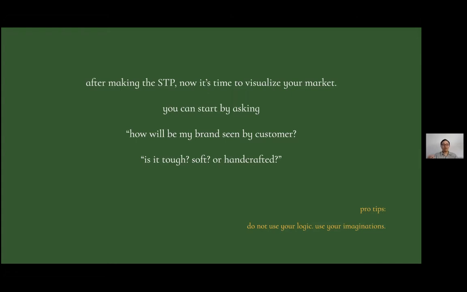Like, we want customers to see our brand as super green, as eco-friendly. Or as keywords you can put, is it a tough brand or a soft brand or handicrafted or whatever. And the pro tip I will give you, please do not use your logic,